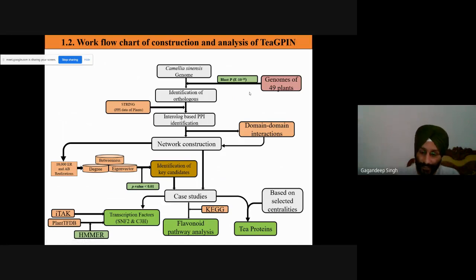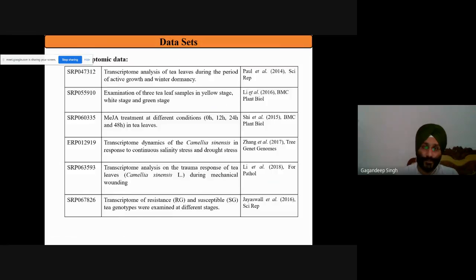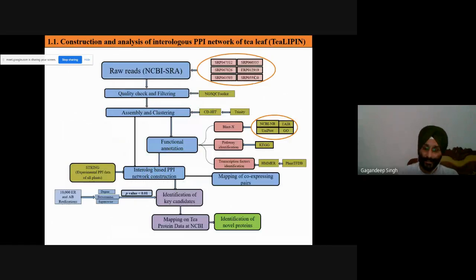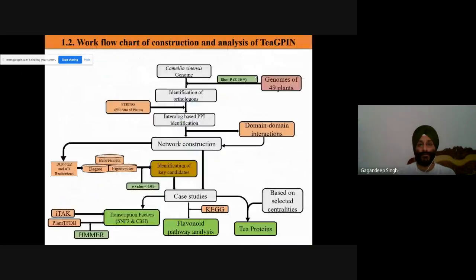Now, this work was related to the transcriptomic data. Now, I have performed the same work using genomic data. I have downloaded the genomes of 49 plants as well. I have not generated any data. I have just downloaded the data from publicly available databases.